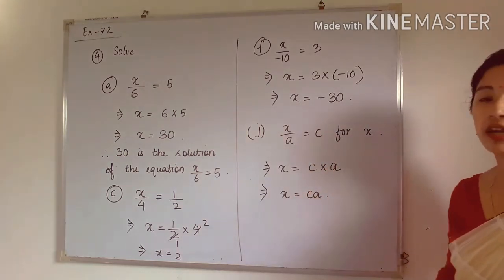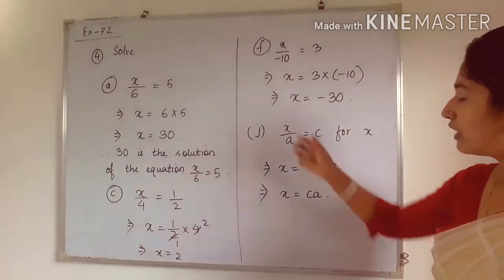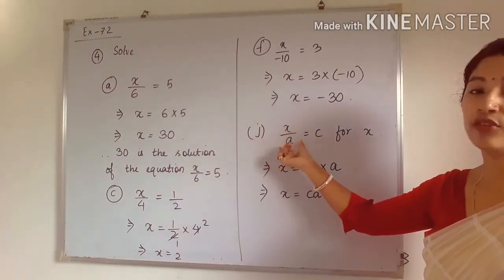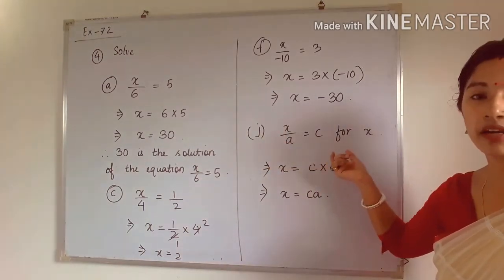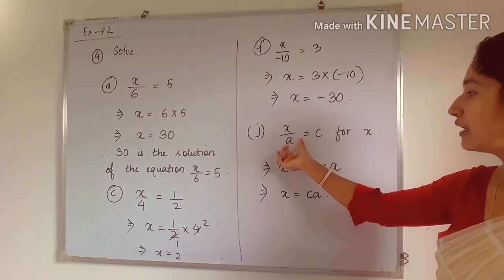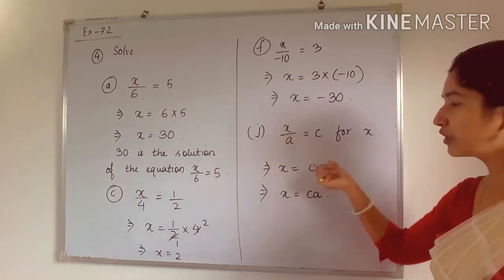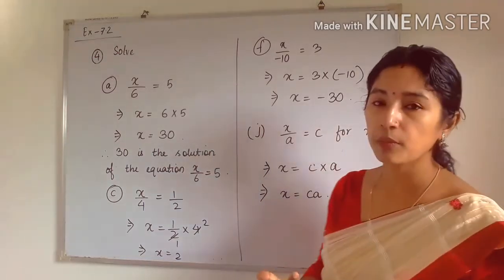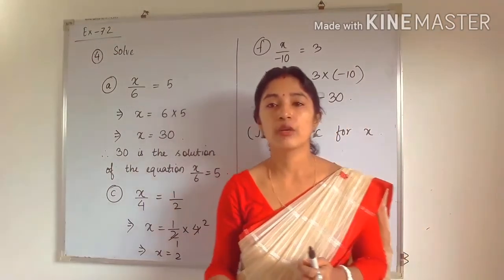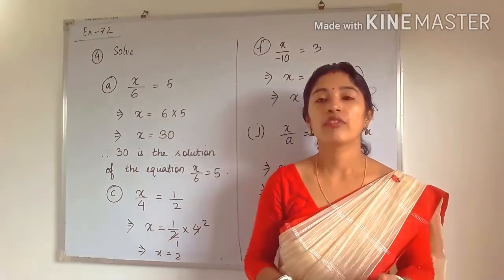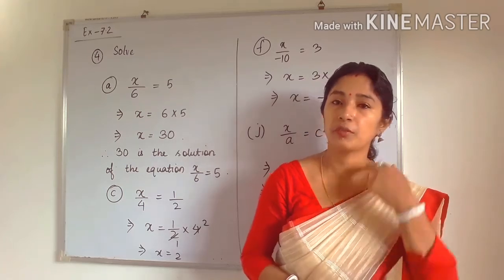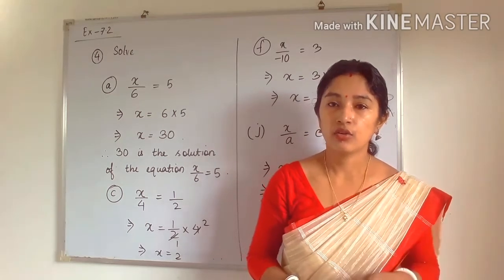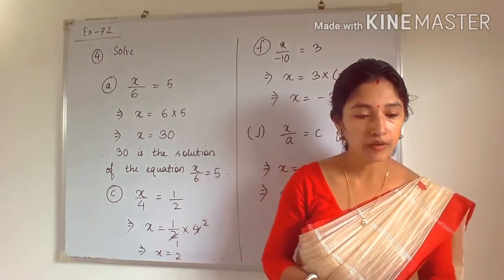So already I told you, when in left hand side it is divided, if we transfer to that side, it will get multiplied. Similarly, if it is multiplied in left hand side and you are transferring to the right hand side, it will get divided, okay. So opposite of multiplication will be division, opposite of division will be multiplication, opposite of addition will be subtraction, and opposite of subtraction will be addition, okay. So these things you have to keep in mind, okay.